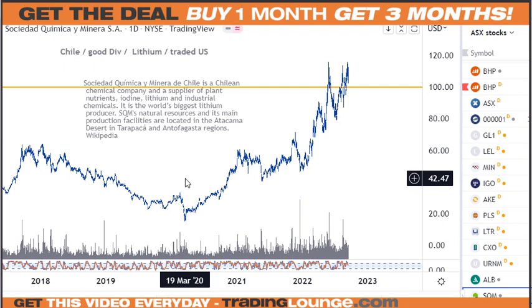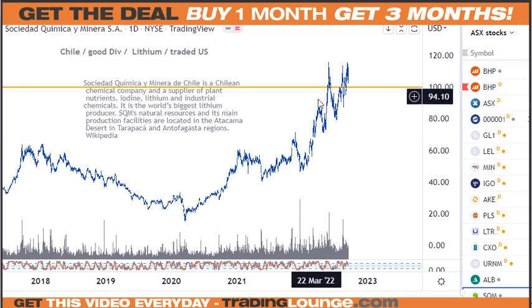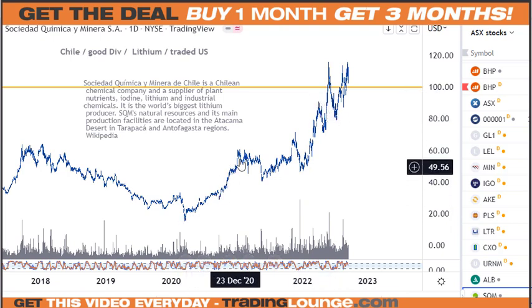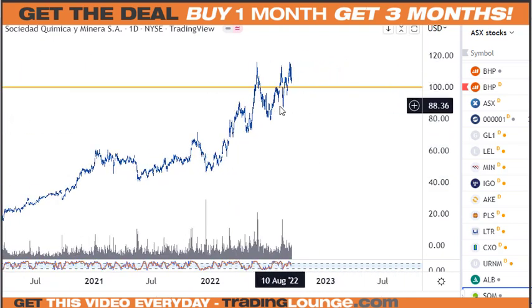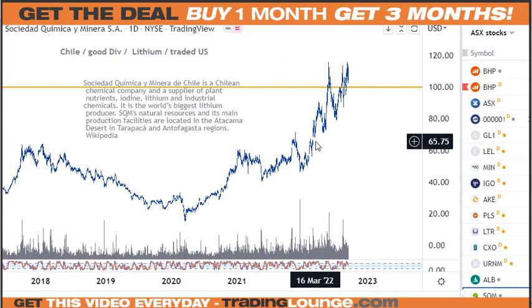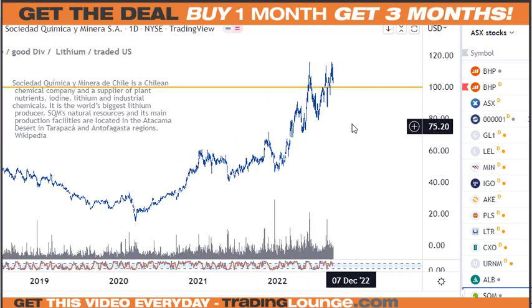You can see here with this stock, if it's one of the biggest, the other one, of course, is ALB. But you can see how it starts to get overlapping wave structures. When it's moving strong here, it doesn't do much. But when it starts here, this can be 1, 2, 3, 4, 5 to here. But it's at 100. Put it this way, it's not going anywhere for a while, so we'll probably watch this for 6 months or whatever, and see if it gives us a setup at this particular level, or some sort of pullback in there. But I just thought I'd bring it on board and have a bit of a look at it.